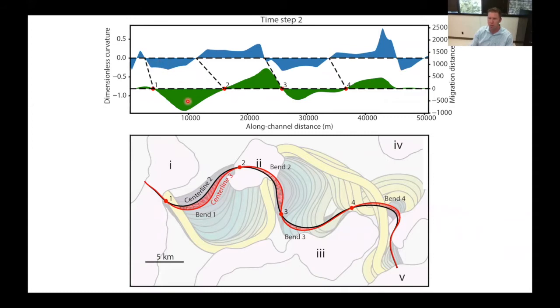Curvature is in blue up here. Migration is in green, and you can see that we've drawn with these dashed lines. There's this lag between the point of maximum curvature and the point of maximum migration. This is kind of where it looks like the submarine channel system is evolving a little bit like an unperturbed river, and that might be because the salt diapirs weren't influencing the meandering pattern as much, because the channel is